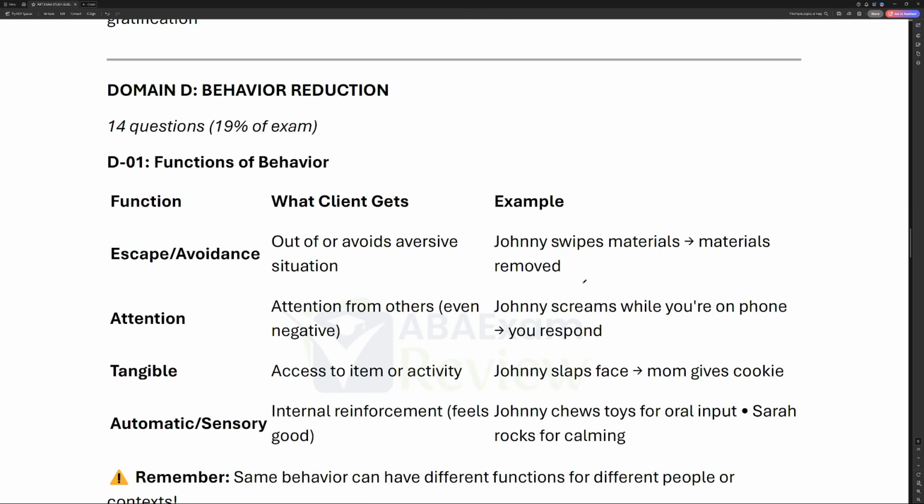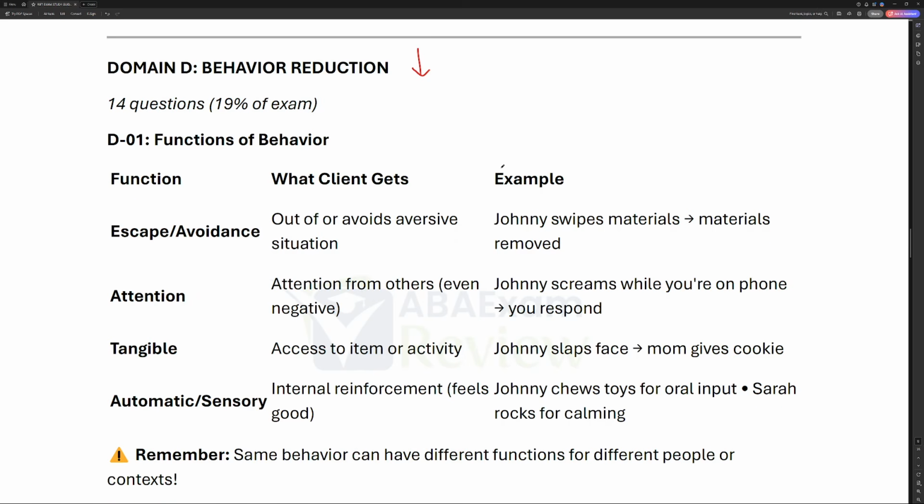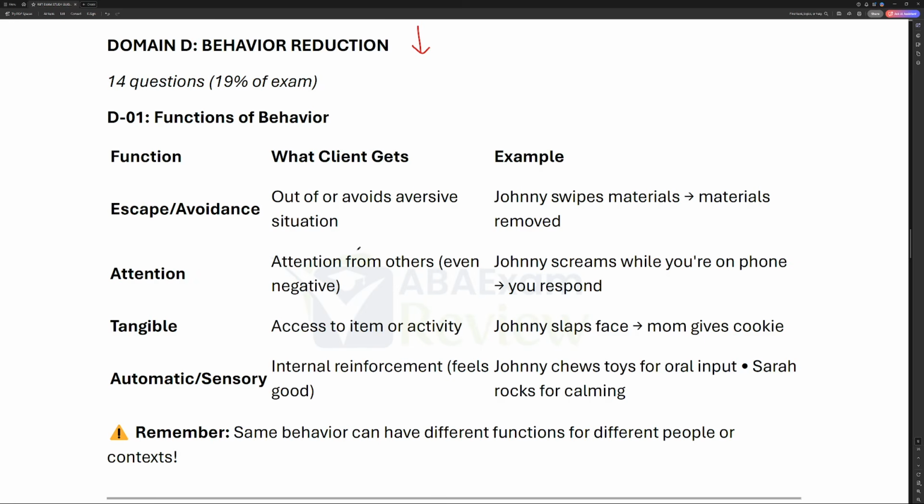Okay, moving into domain D, behavior reduction. Very similar to acquisition, right? Except now we're going to start reducing those things, like punishment and extinction. We must start, though, with the functions of behavior. When you see a new behavior, when you're trying to think about a behavior, first things first,